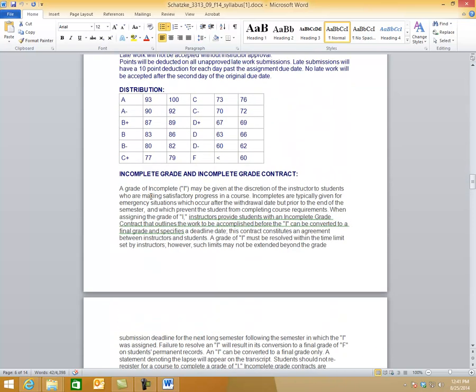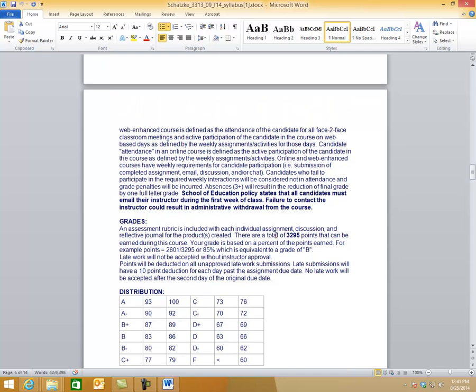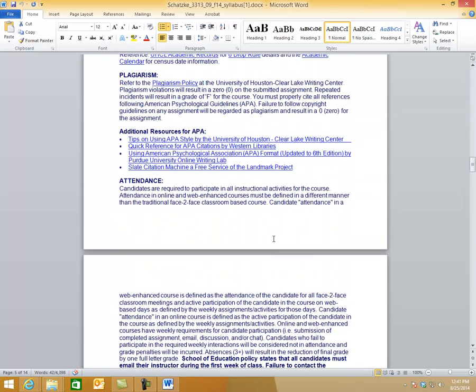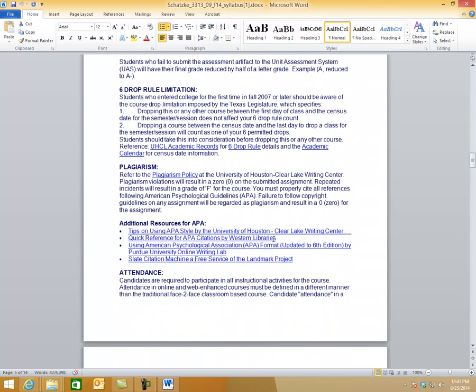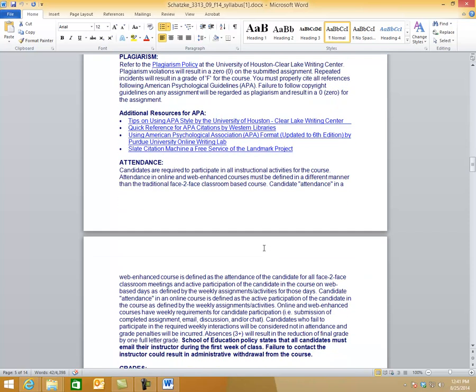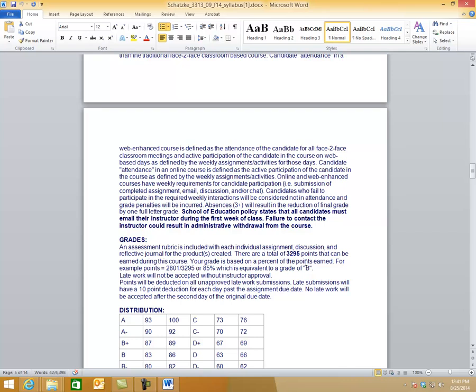I really don't want to give any incompletes. I also want to point out that I do not accept any late work, with one exception. If you contact me before the assignment is due, I might make an exception depending on what it is and give you more time.